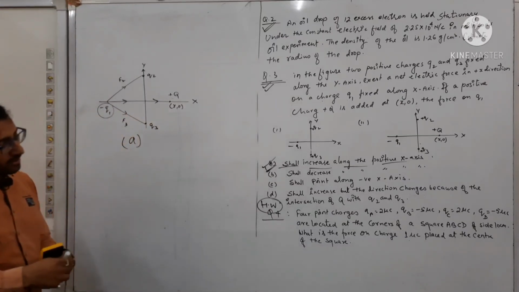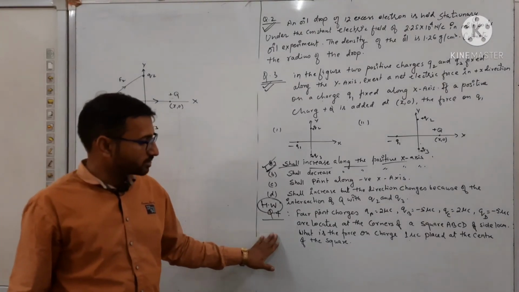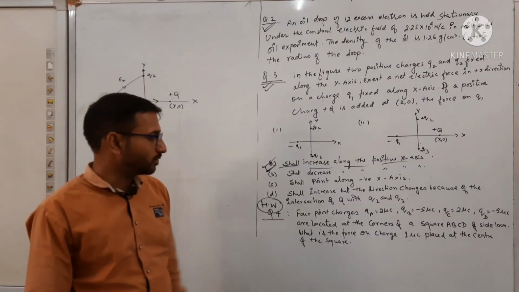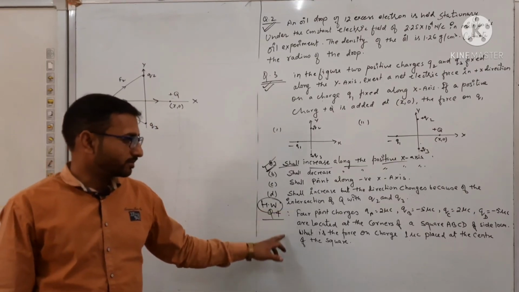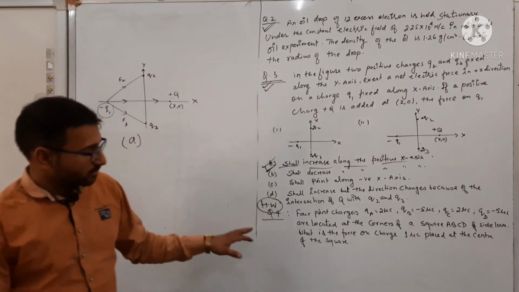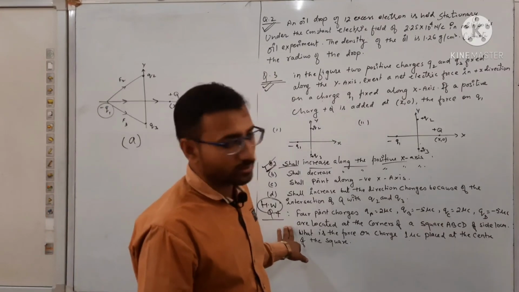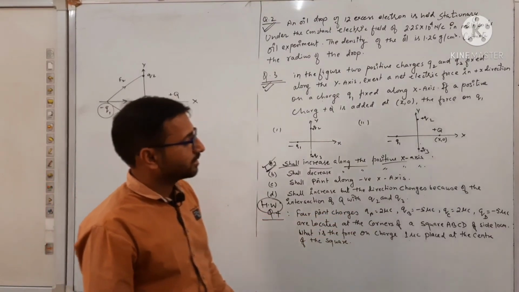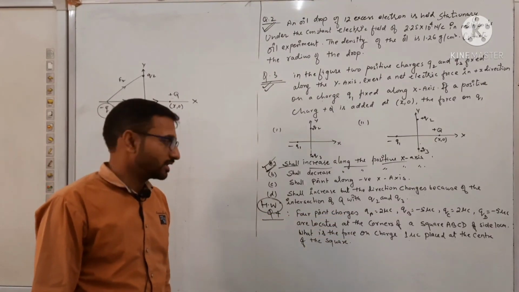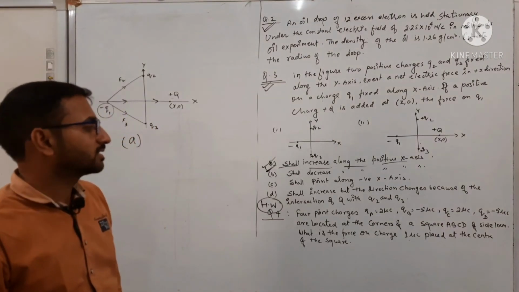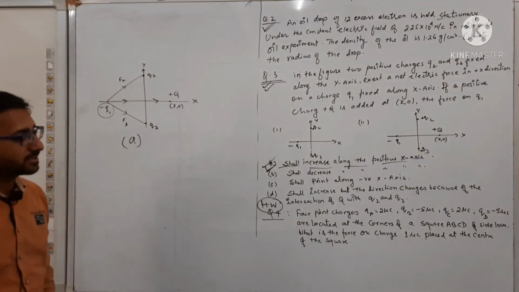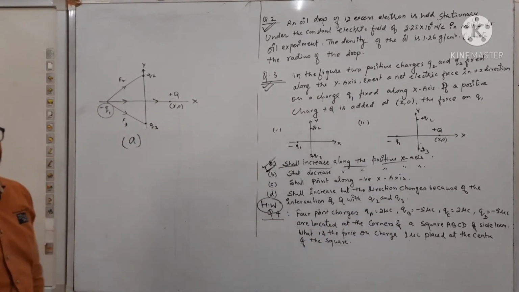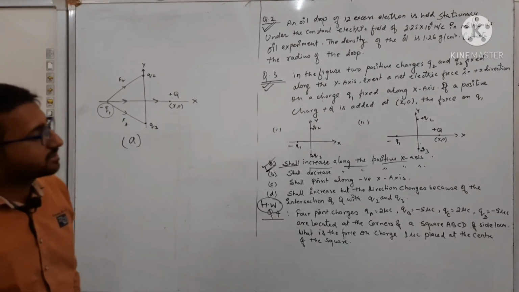Got it? Now the fourth question is your homework question. You can solve this question at your home, and in the next video I will start my lecture from this question. This question is important. You can solve it in a short way also, or if I change some digits here, this question will be lengthy, a 3 mark question for your examination, where you will find the value of the net force acting on 1 microcoulomb of charge placed at the center of a square having sides of 10 centimeter, and any other dimensions can come.